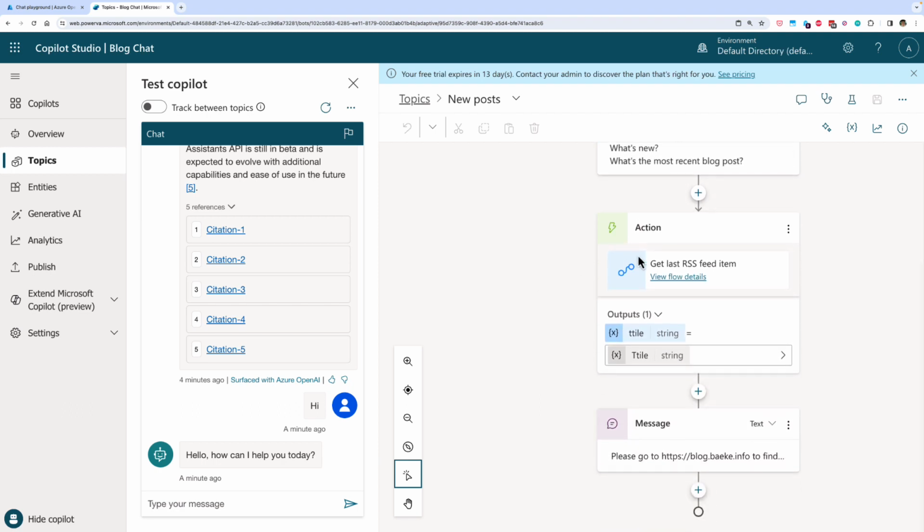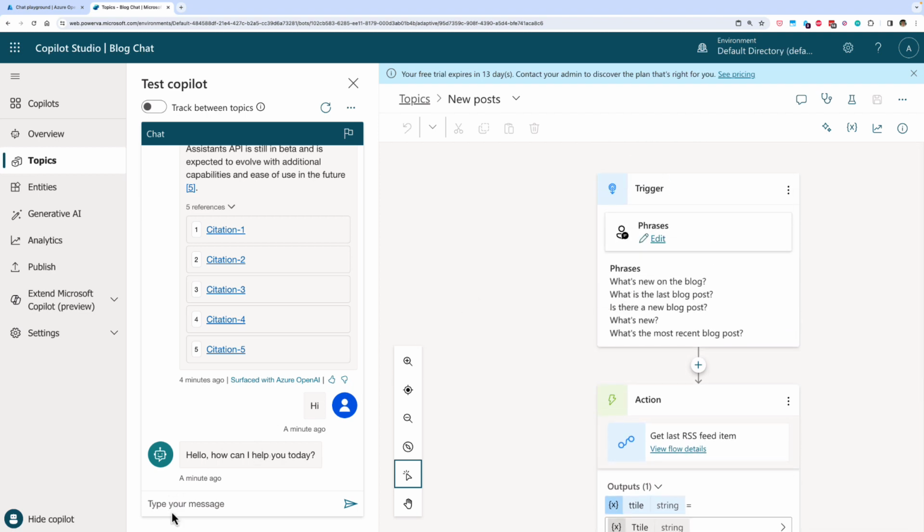For example, this is an action built with Power Platform that uses the RSS feed information and gives me the last post. So if I say here, what's new, or what's new on the blog,